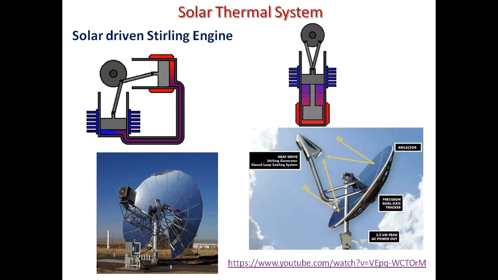Okay, you can see here this is the parabolic mirror, and this parabolic mirror takes all the solar energy and reflects it into a very small area. You can see this is the Stirling engine here, and it has been put into this small area, which is the heated part. So this Stirling engine takes all this concentrated heat from the mirror and converts it into mechanical motion of my piston. Let's try to understand this with a video.